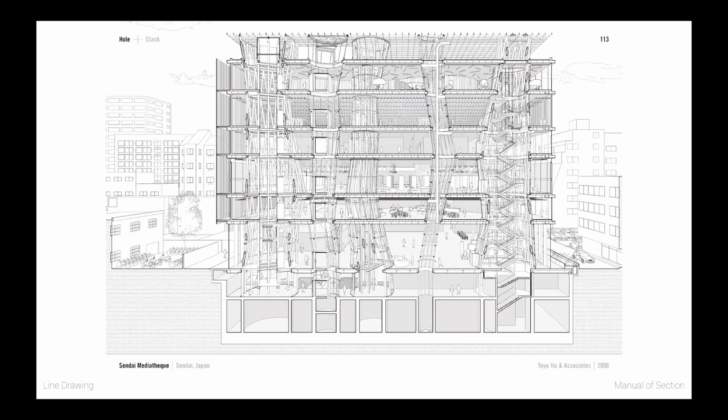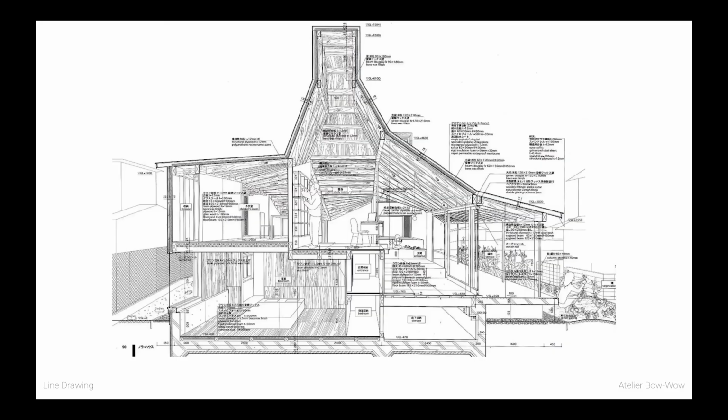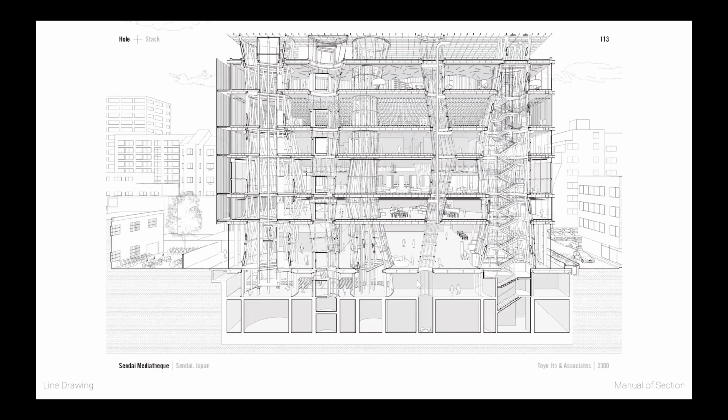This is from a book called Manual of Section. They have a lot of good references for drawings. But yeah, these two are pretty much the same style, black and white line drawings. The line weights are really important. Some hatches to show texture, or fills to show depth. That's one style. I think that's a style that most of you guys will be going for,